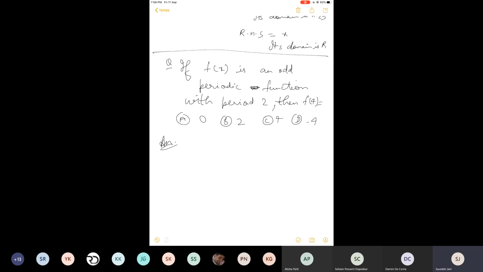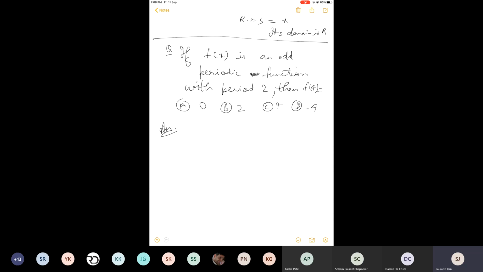Tell me one thing, what type of function is f x? And how will you use the given conditions? Can you tell me these conditions in mathematical form, any one of you? So f of minus x is equal to minus f of x. Yeah, that is correct. Good, because see, the function is odd. Try to read the question carefully. Sometimes students are already focused on the periodic function. Do not read it in a hurry. Odd is also given.